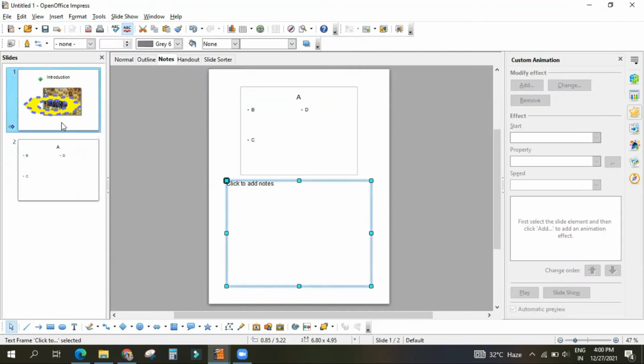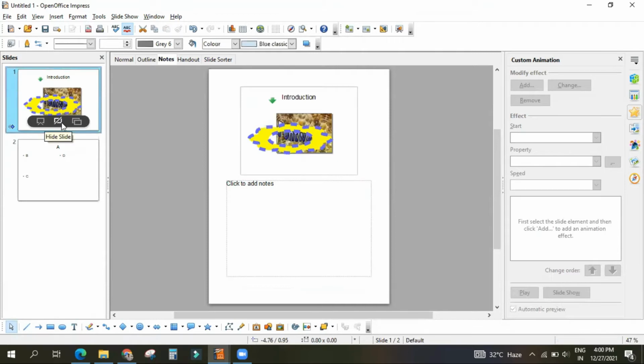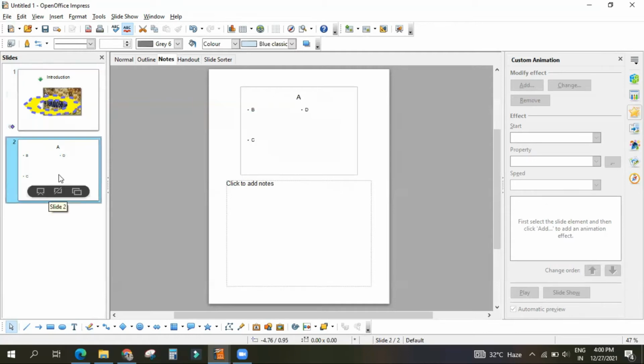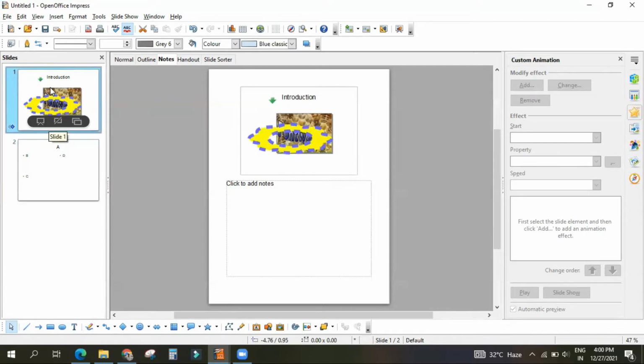Or could not understand? Okay, so you see, suppose you are preparing for a presentation. Suppose some teacher has told you to present something, okay, on a particular topic. So you have prepared, yes or no? After preparation of your slide, what you need to do? You have to read it, yes or no? That means in the first page what I will speak, in the second page what I will speak, in the third page what I will speak, yes or no? Like this you have to understand. So what you can do, you can write down some notes here.